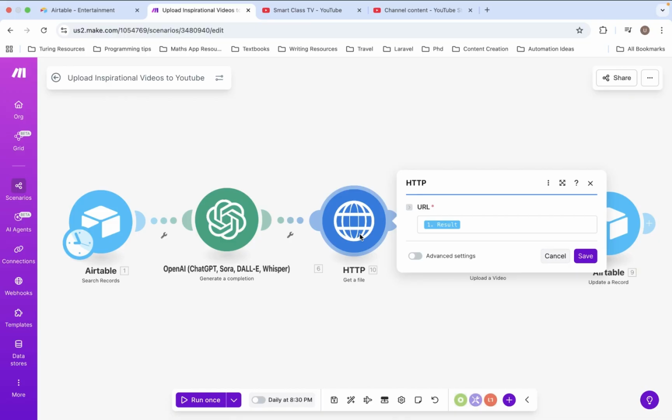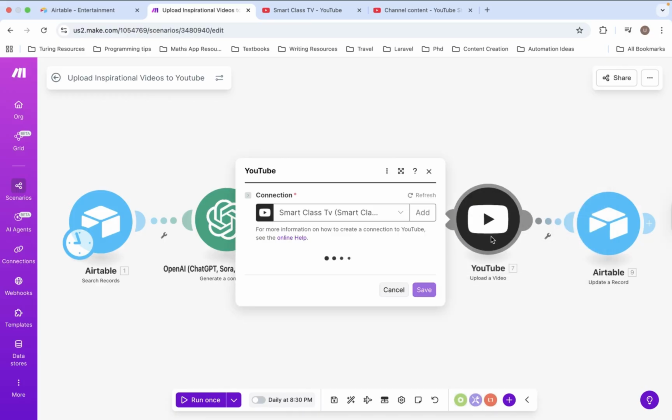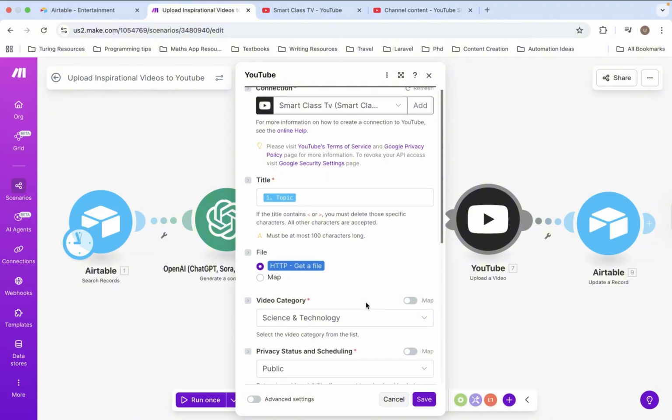YouTube does not give us access to pass in the link of the video. We first need to download the video. So that's where HTTP get a file comes in. For you to be able to use this, you have to either make sure your video file is less than 5 MB if you are on a free plan, or you purchase a plan that allows you to upload more than 5 MB. Because for a free plan, you cannot download a file that is more than 5 MB. So you have to pay to get this workflow up and running, unless you are working with a small sized video. Once that is done, we are going to pass the downloaded file into the YouTube module,